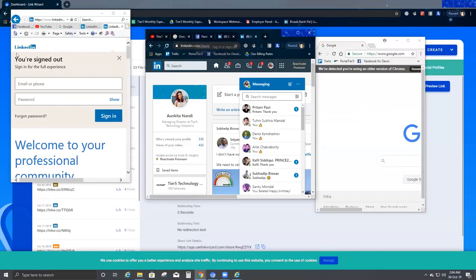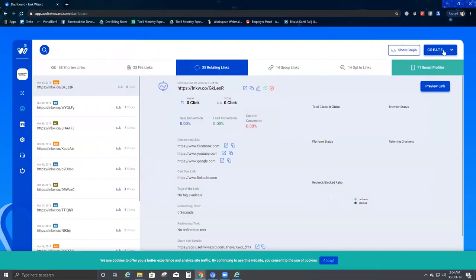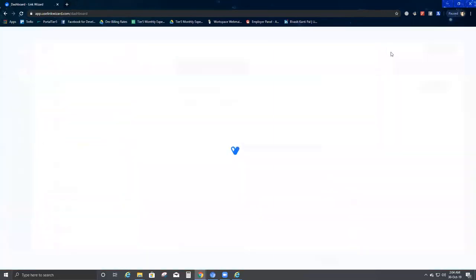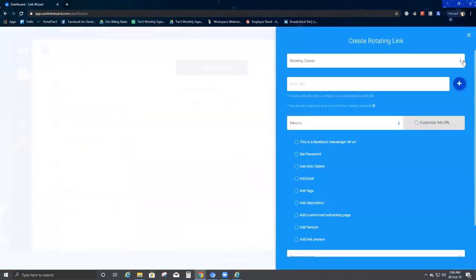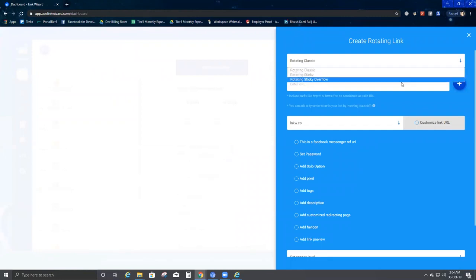And similarly, it's going to be the same for my third user as well. So this is all about rotating sticky and the options that are there, the two new features that have been added under rotating sticky. Rotating classic, I just explained, rotating sticky and rotating sticky overflow. Now this is all about